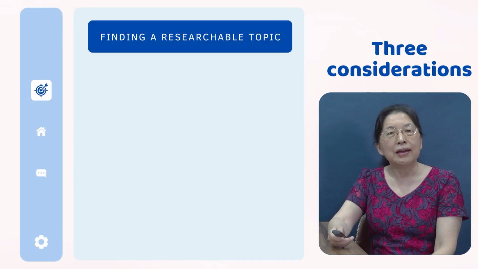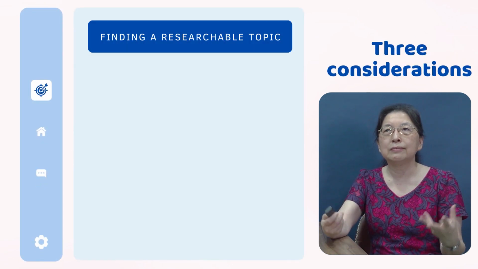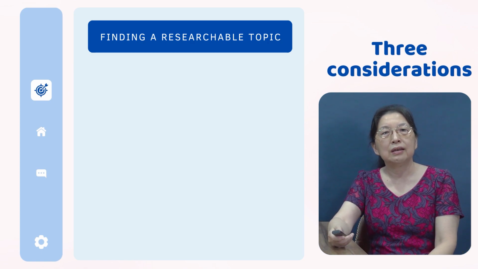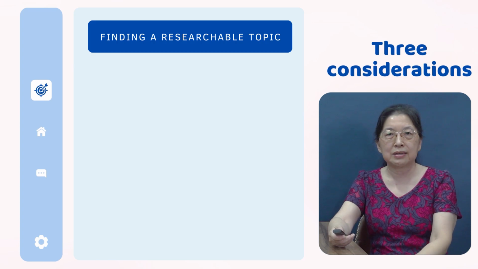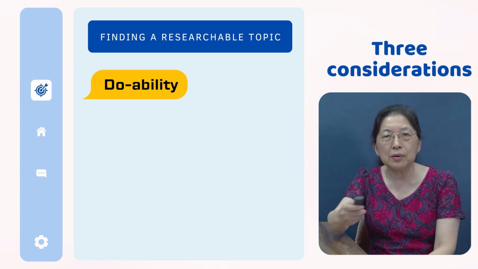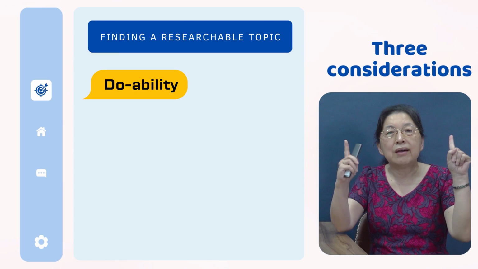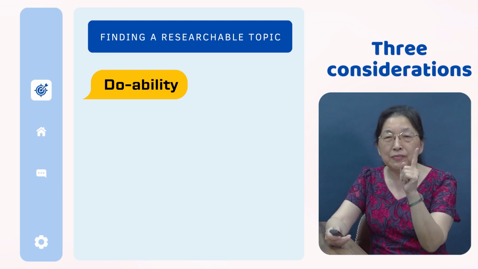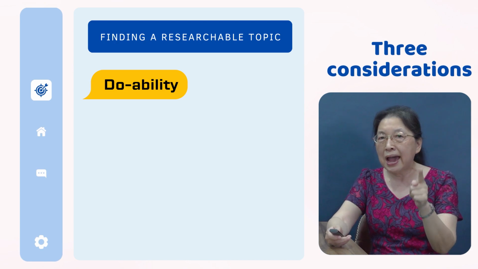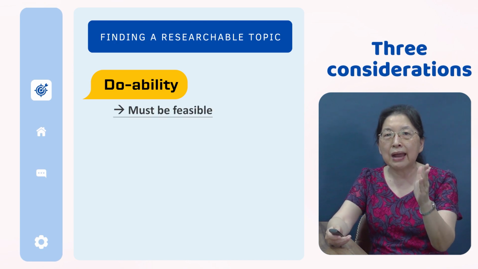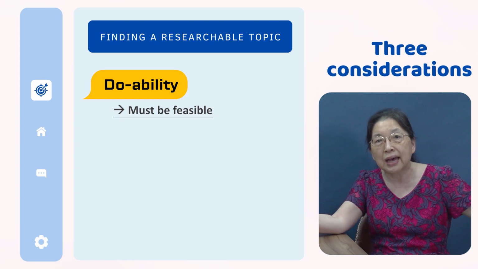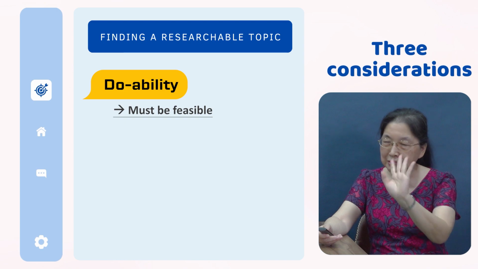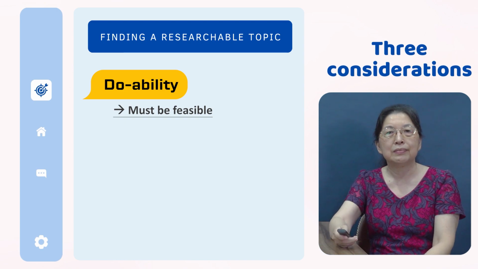Next, when you think about all these research gaps, doing research, doing a project, you have to consider 3 things. Number 1, is it doable? You usually only have 1 year, sometimes 3 months. You have to finish this project. It has to be feasible. It cannot be some longitudinal study which requires 3 to 5 to 10 years. No, it has to be doable.